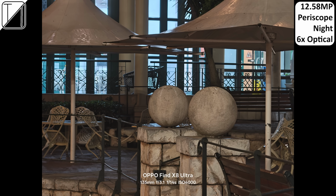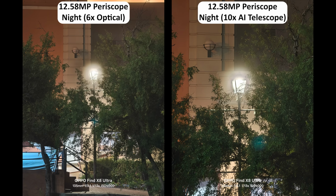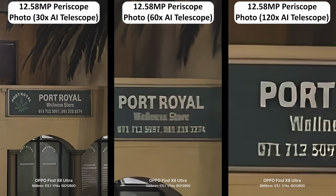It has a larger sensor size at 1 in 1.95 inches and a faster f3.1 aperture, so naturally it increases its light intake by quite a bit. And this helps it achieve better image quality in challenging lighting conditions. It sometimes battles a bit when lights are too bright to handle, but AI zoom definitely helps maintain detail at